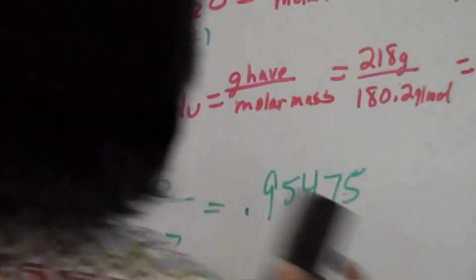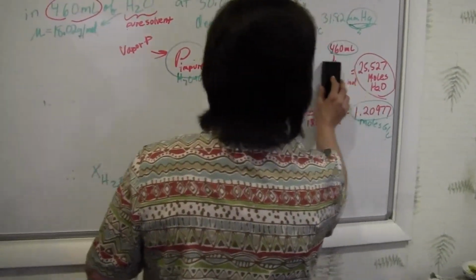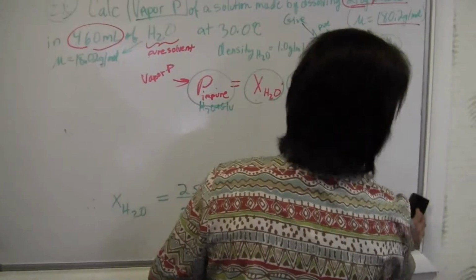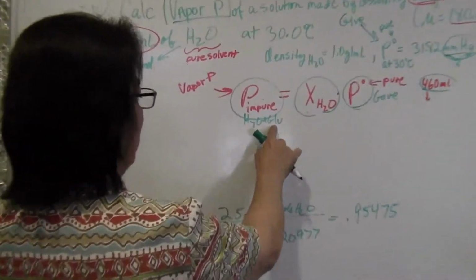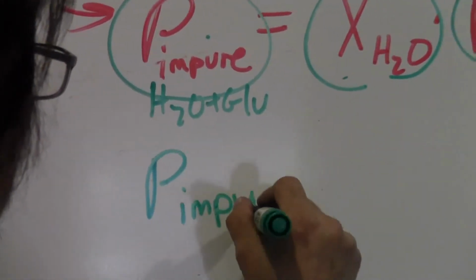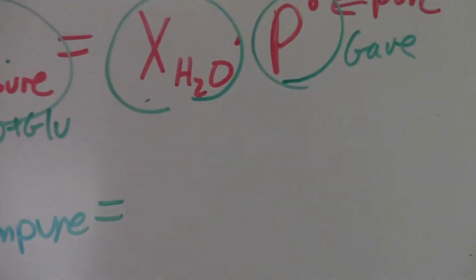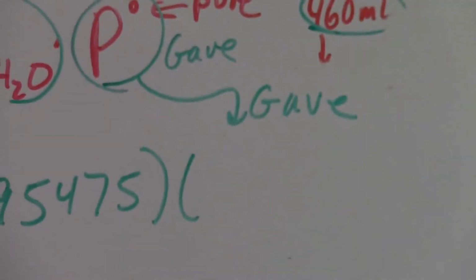I'm going to go ahead and erase this. Oops. We don't need that anymore. So, the vapor pressure of water being blocked by glucose, the vapor pressure of the impure, is going to equal the mole fraction that is water, 0.95475, times the vapor pressure of the pure, which they give you as 31.82